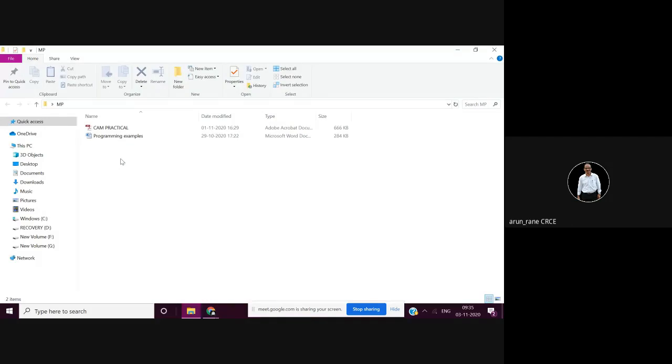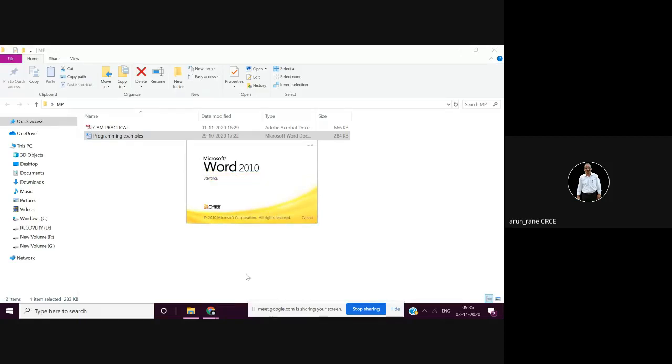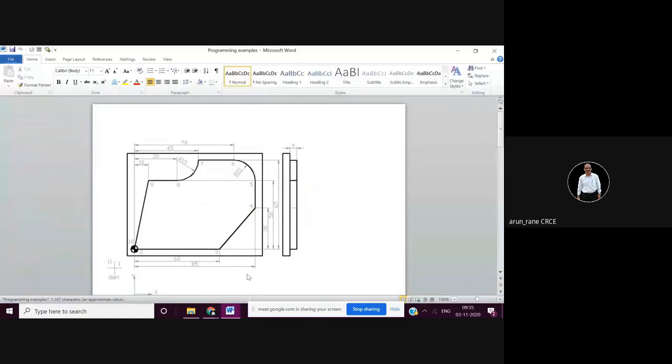Now we will practice some more examples. Draw this diagram quickly and decide how to do this component, and try to understand this drawing also. It's a very simple drawing.